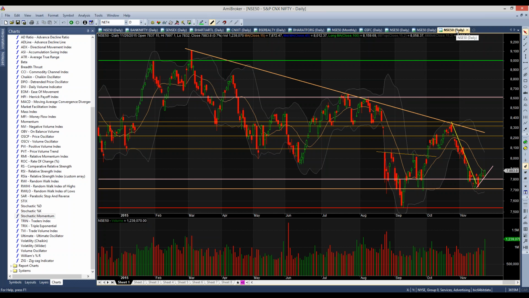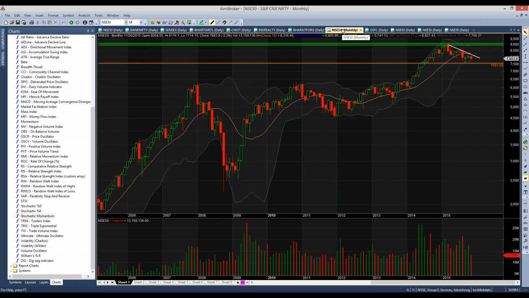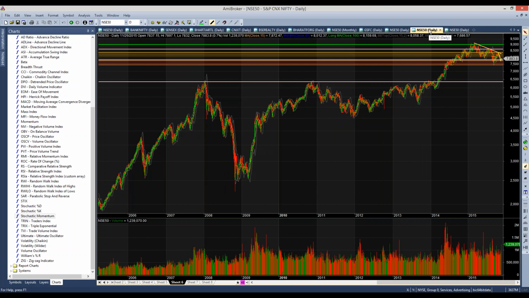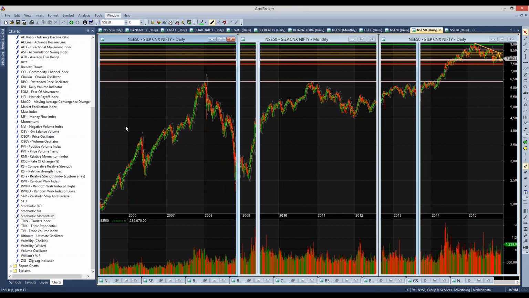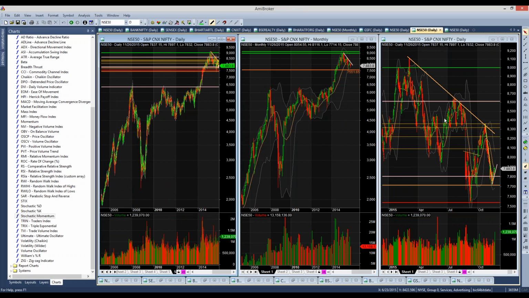So this is the daily NSE. Here is the monthly NSE. Okay, and if you remember, the symbol link has been done on link 5 with that purple color. And there was another NSE here, which is also daily. Now if I were to just go to window, then say tile vertically, I've got these three which I was